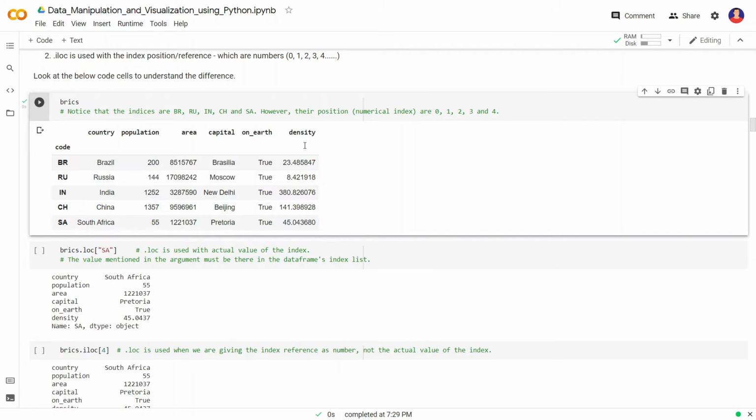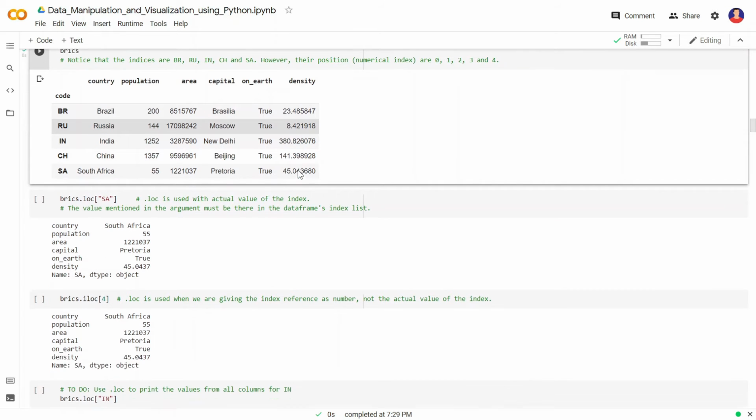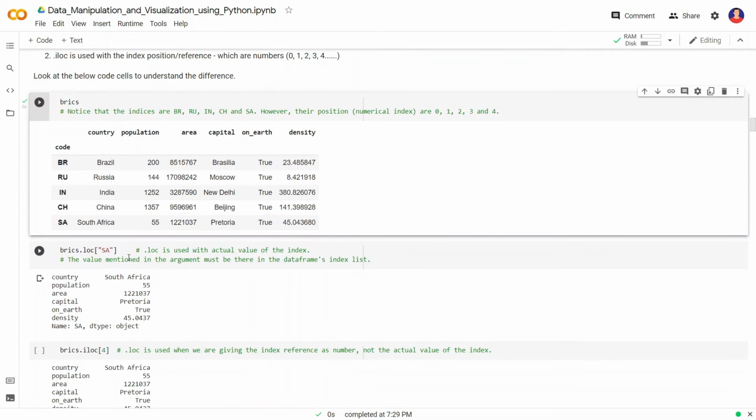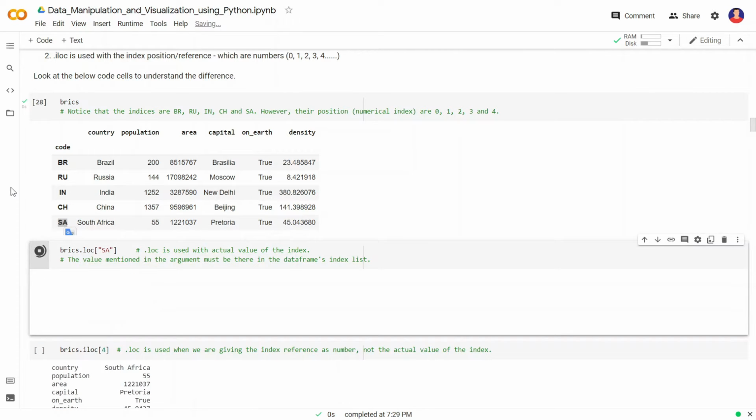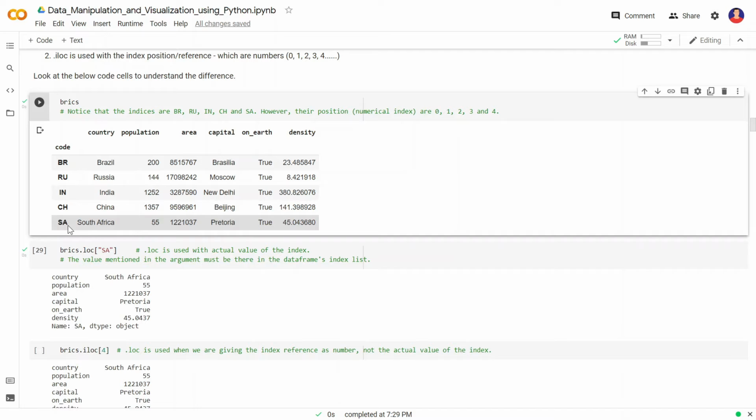So we are first referring to the brics dataset that we have fetched and done previous operations on. Now we are using the loc function, referring to a certain row with the help of an index, that is SA, the index for South Africa. So let's run it, and we get the corresponding values for that particular record that is denoted by the index SA.